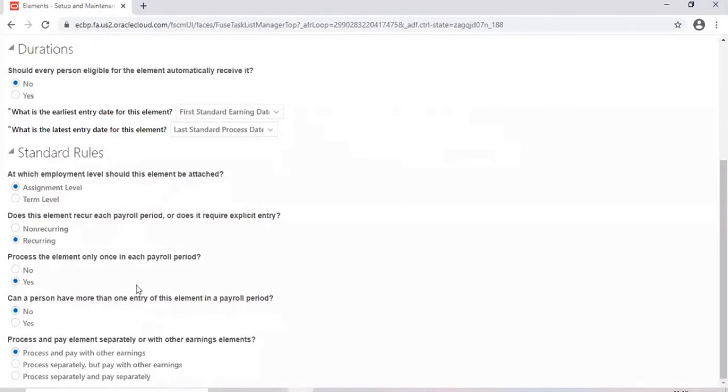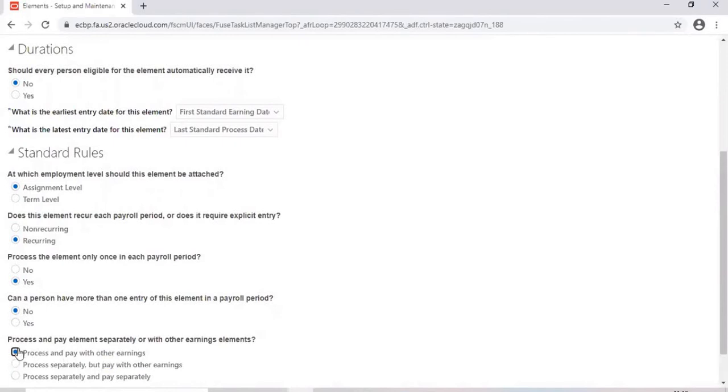You have to process this element for all the employees separately, and then it will be paid with other earnings as it is. So when you run the payroll, this element will not be processed. All remaining elements will be processed, but this element will not. You have to process this separately, but the payment will be done automatically along with other earnings.